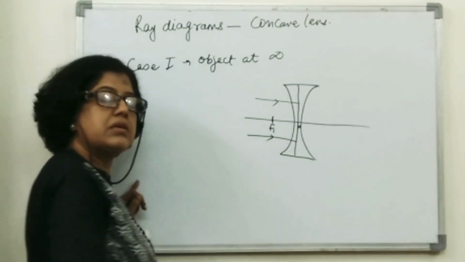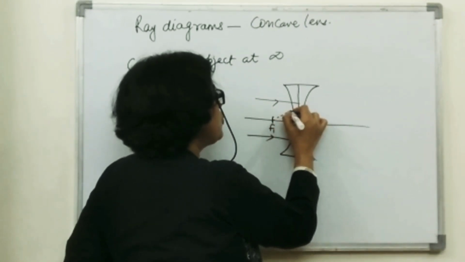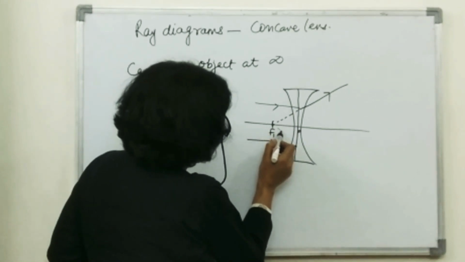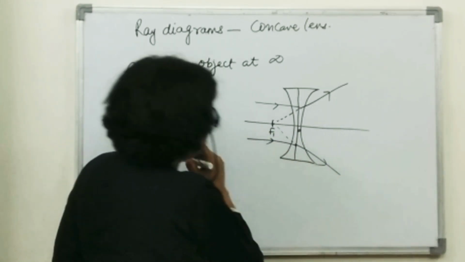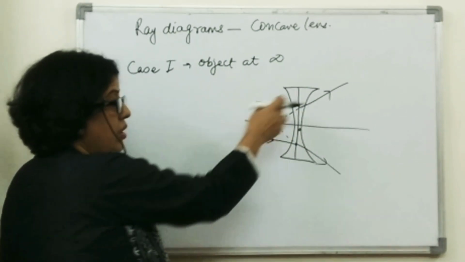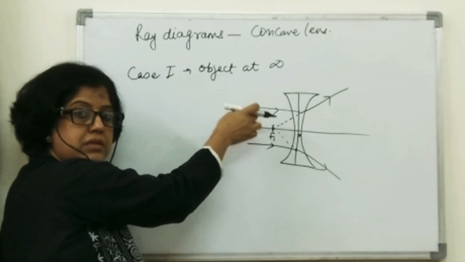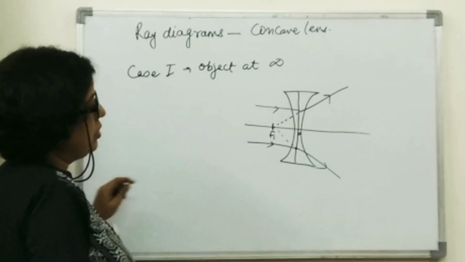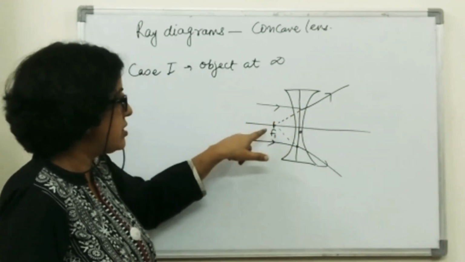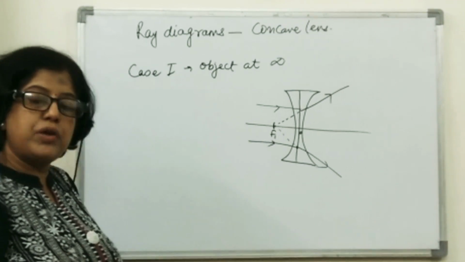So the rays refract in such a way that they diverge and they appear to meet at focus. So this is one refracted ray. The refracted ray for this will be like this. Fine. So the rays diverge and they appear to meet at focus. Now these, when you extend the rays back, it is very important to draw them straight. Fine. So if you have already marked F, draw the refracted ray in such a way that it is meeting at F. Fine. So refracted rays appear to meet at focus.